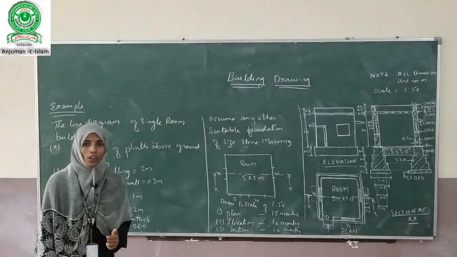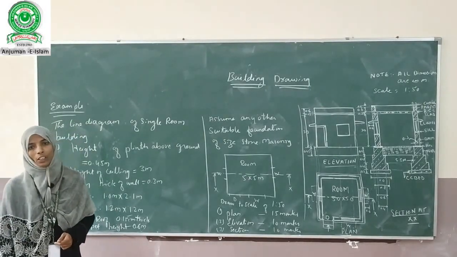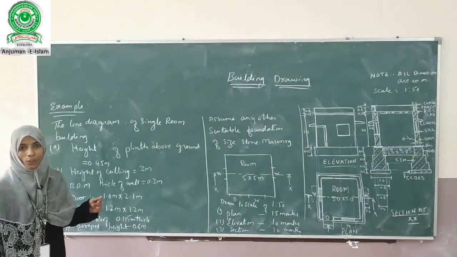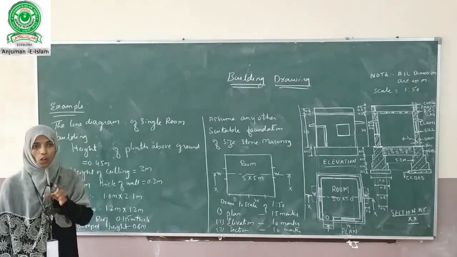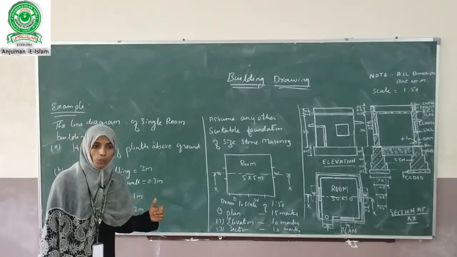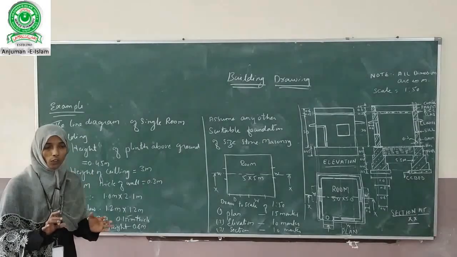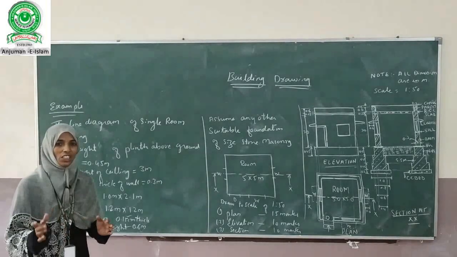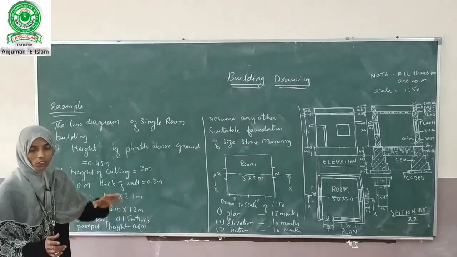There are three kinds of drawings that are used to illustrate the building drawings. That is the plan, elevation, and the cross sections. First, we have to know about the plan. A plan drawing shows what we can see when we slice the building horizontally, take off the upper part, and look down into the plan. Then we find the arrangement of the rooms, corridors, and verandas, and the position of the doors and windows along with their respective sizes. Separate plans will be prepared for each storey. The cut is usually carried out at the window sill level. So this is all about the plan.